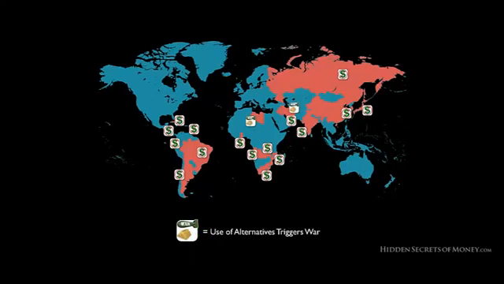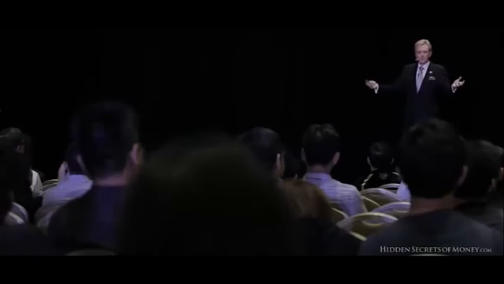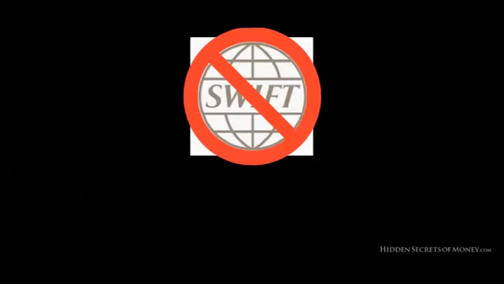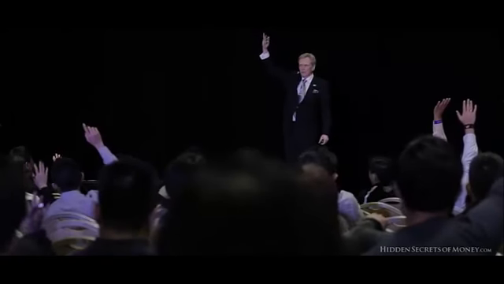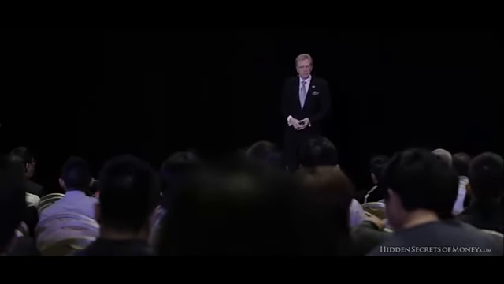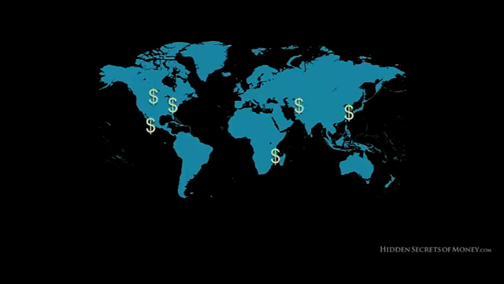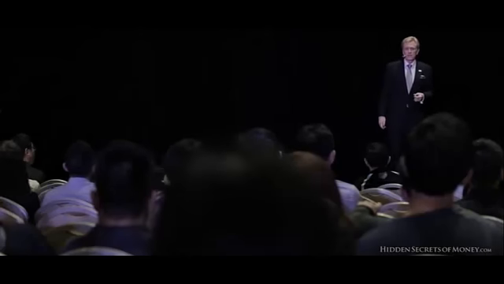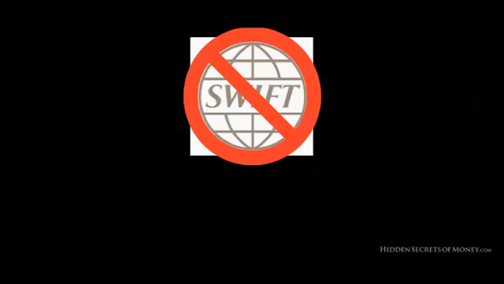These countries tried to avoid using the US dollar, like Iran tried, and we banned them from using SWIFT. How many here have made wire transfers before? So do you know what a SWIFT number is? It's a code that you plug in, and this SWIFT system is what transfers those dollars from one person's account to another person's account. Well, Iran decided that they were going to sell oil only in euros. They got banned from SWIFT.